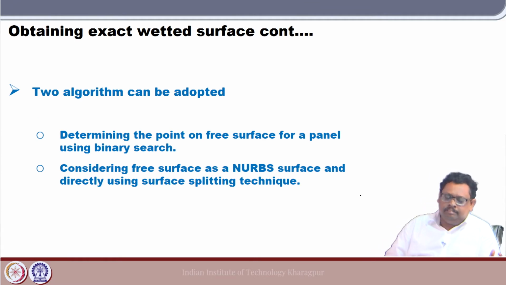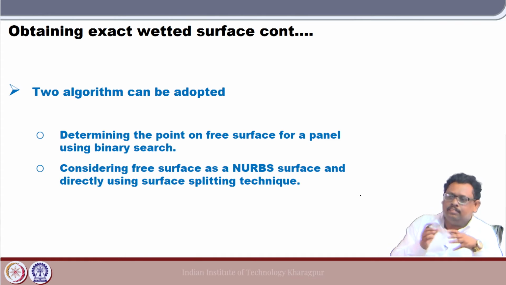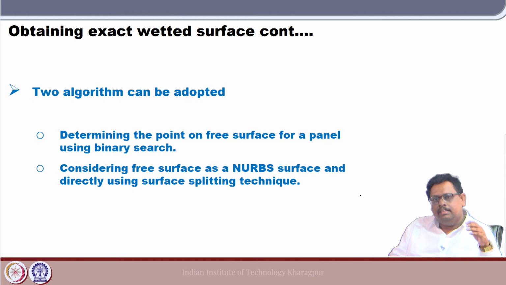Now, here there are 2 different approaches one could take. The first one is to determine the point on the free surface for a panel using binary search, or considering the free surface as a NURBS surface and directly using surface splitting techniques. If you use commercial software, maybe you can directly find such functions which split the surface